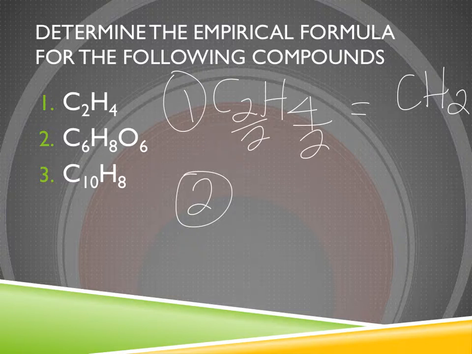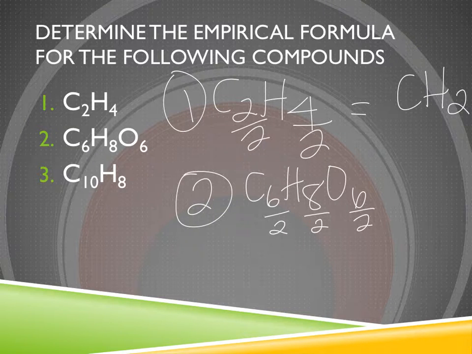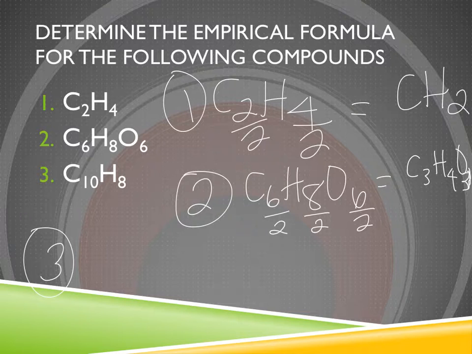C6H8O6. Well, the factor that factors into all of those is 2. So if I take C6H8O6, divide each of these subscripts by 2, I get an empirical formula of C3H4O3, which cannot be reduced anymore. All right, and then number 3, we have C10H8, again divisible by 2, so C10H8 divided by 2 gives us an empirical formula of